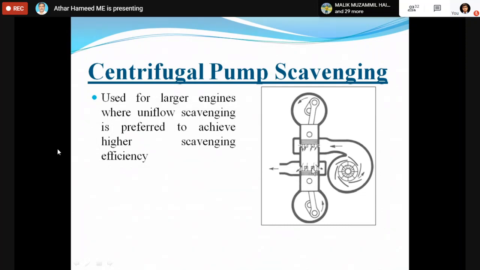So when these two pistons move here in the center, the mixture is compressed, and here the burning of the fuel takes place, and then the piston moves back. The centrifugal pump allows more air inside, and the previous exhaust goes outside. So I hope that you can understand this picture. Anyone having any query about it?